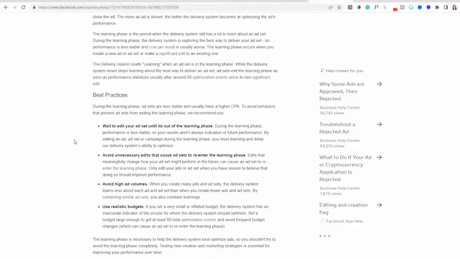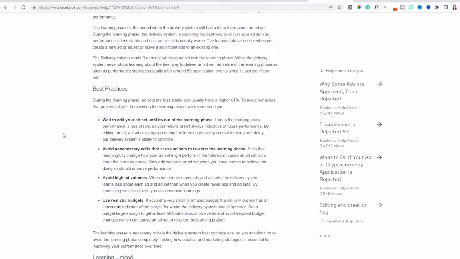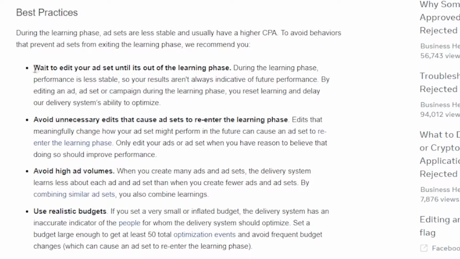So let's go back to this article about the learning phase and talk about best practices. They do say wait to edit your ad set until it's out of the learning phase. They typically say if you get 50 optimization events, so whatever optimization event that you're optimizing for. So if you're optimizing for purchases, if you're optimizing for add to carts, if you're optimizing for clicks to your website,